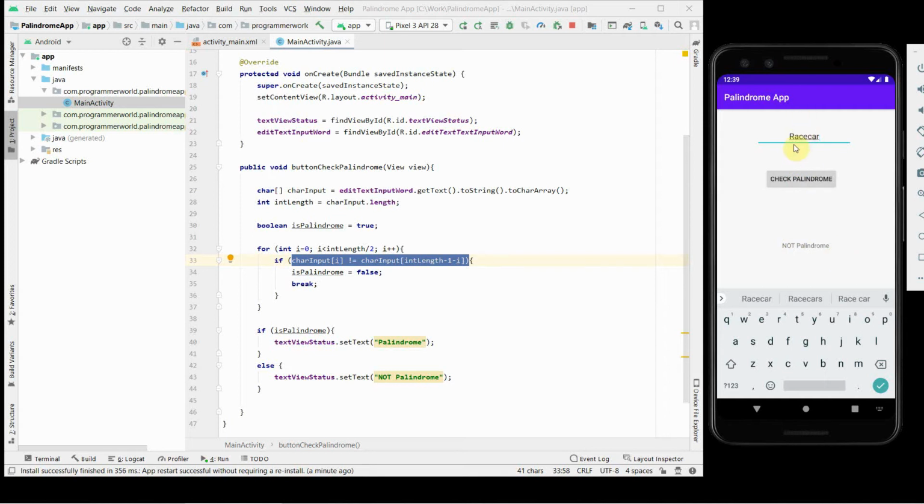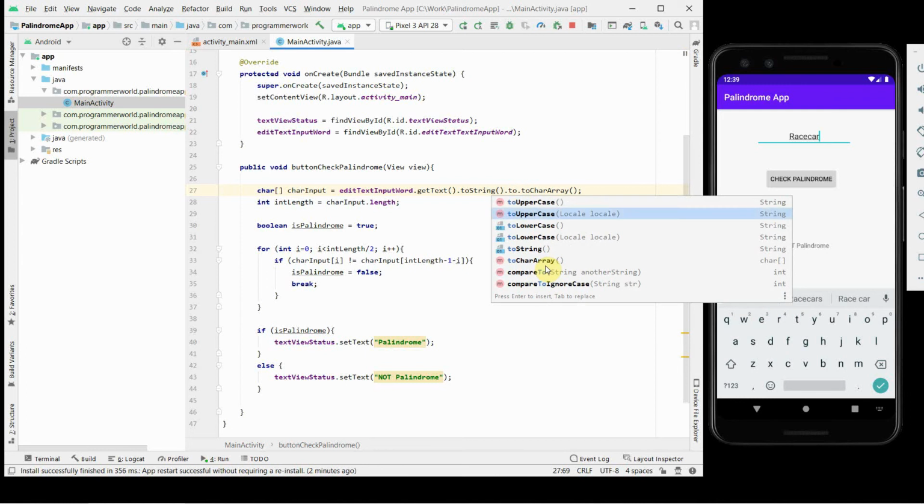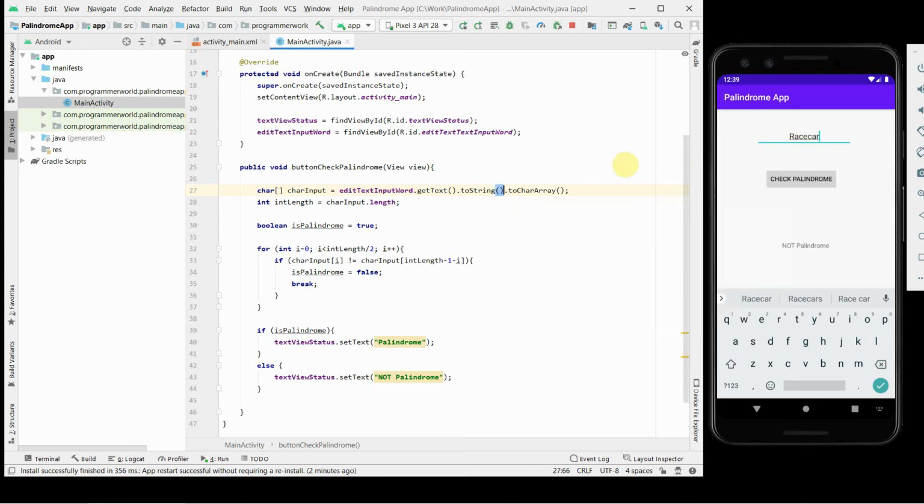So if you really want to make it the same, what you can do over here is probably convert the strings which you obtain to a particular case. So after this, you can make it to uppercase or to lowercase, depending upon your choice, and then you can avoid this kind of case sensitivity. But I will leave it over here right now because I want to keep it case sensitive and not case insensitive. And yeah, so it will be palindrome.